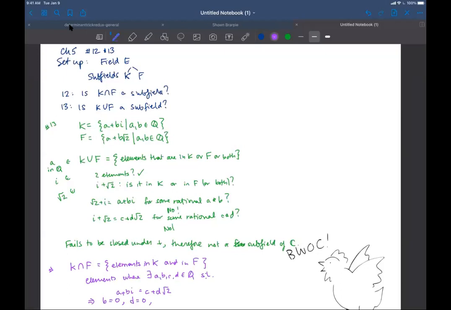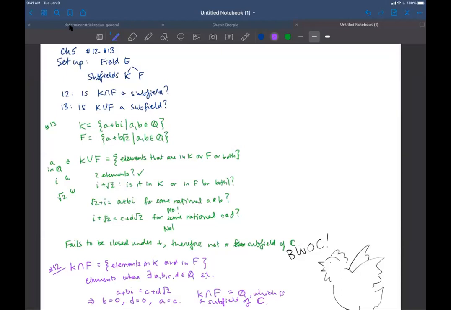And then once we've killed off the B and D parts, we're like, okay, well then for these to be equal, A has to be C. And what that means is that K intersect F is actually just the rational numbers. It's like, okay, we can just make the rational numbers, and that is a field, which is a subfield of the complex numbers. So my thinking for number 12 here is that this might be true, actually,